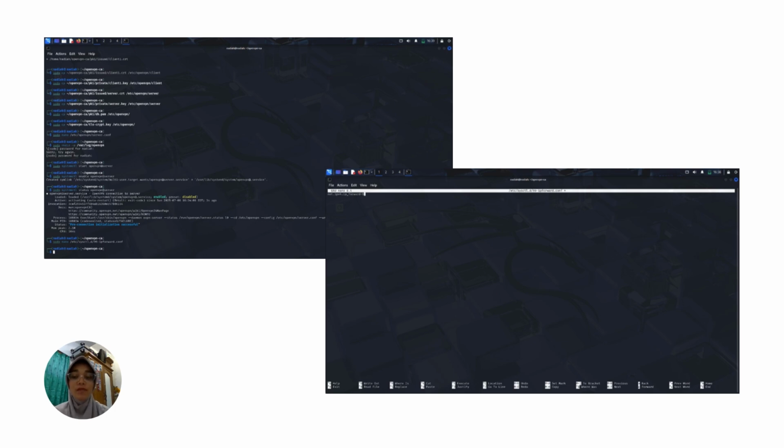This setting is very important in configuring a VPN because it allows network traffic from the VPN client to be forwarded to another network through the server. Next, we run the sysctl system command to activate the net.ipv4.ip_forward=1 configuration from the previous file.